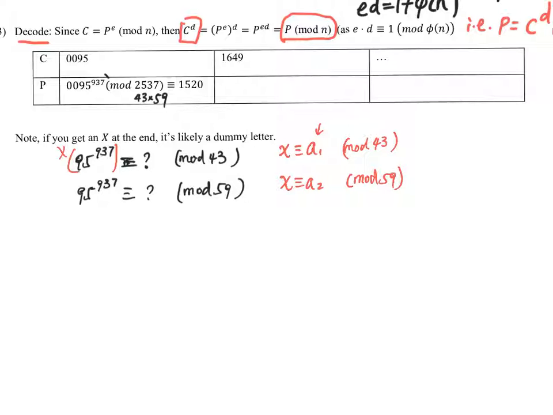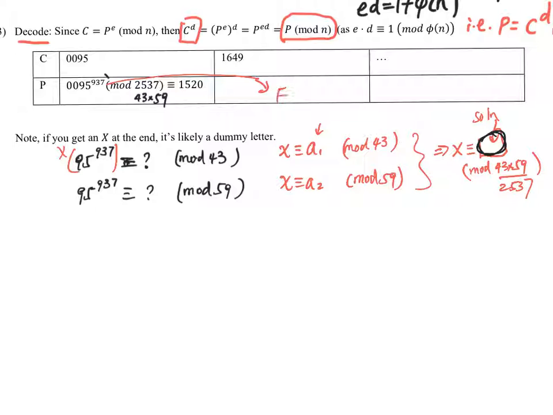Here, the Chinese remainder theorem can solve this system of linear congruences. So at the end, you find a unique solution. X is congruent to this solution, mod 43 times 59, which is actually 2537. So that's the idea why we want to use the Chinese remainder theorem to solve this one. Otherwise, at least one method that you already learned was